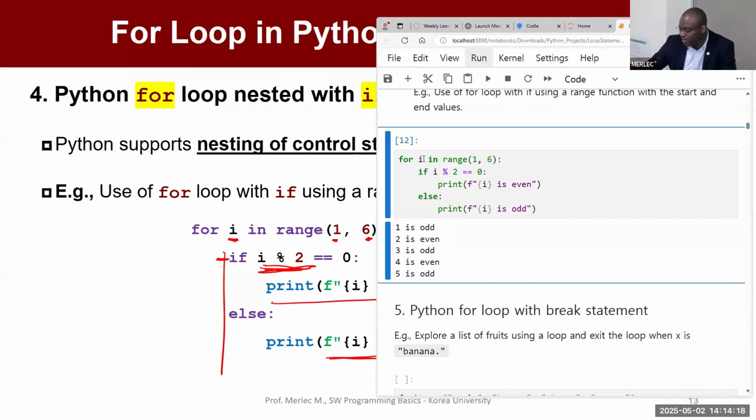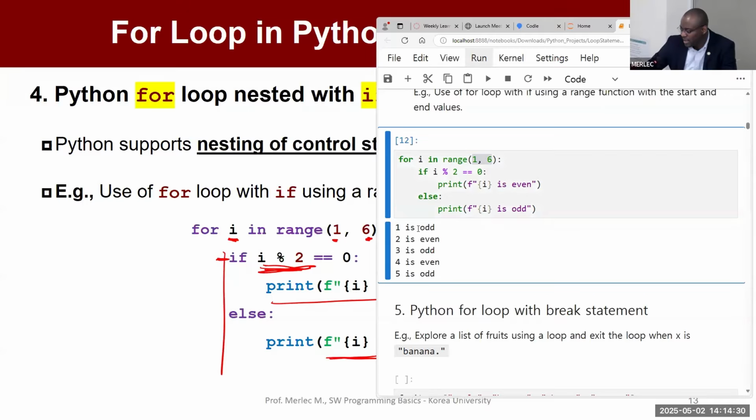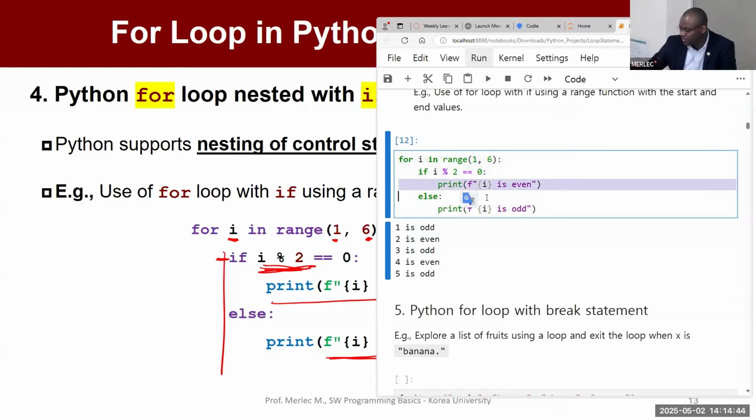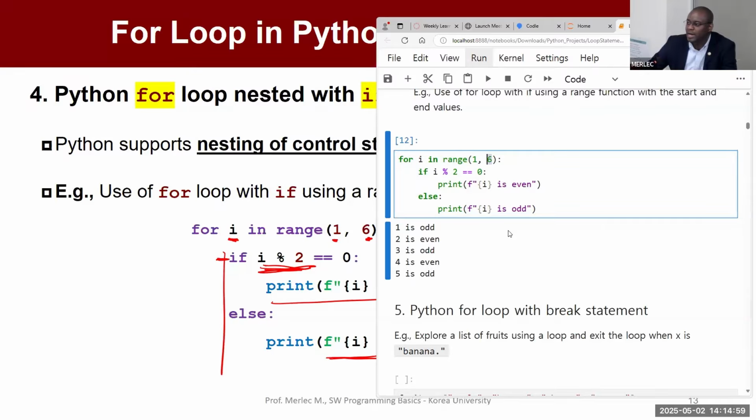That means we will increase I by 1. And then 2 is in the range of 1 and 6, so the condition is verified. And then we reach this step, checking whether the division of 2 by 2 using the modulus, the remainder, is 0. The condition is true, then we'll go to this then branch. It will be an even number, until we reach 5. 5 will be the last step,